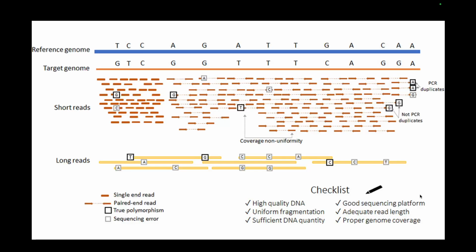Are you supposed to see so many variations inside the genome, or is the ancestry very similar to the genome you are comparing it against, right? So these are considerations that you need to make after actually doing the variant calling, during further downstream analysis of the variants that you are finding. Okay,